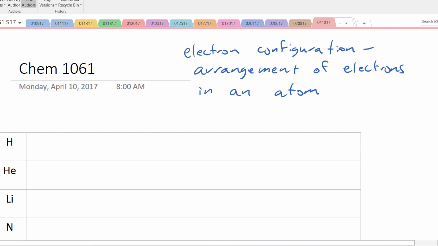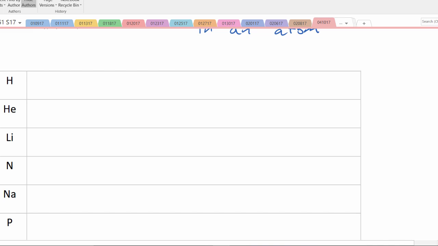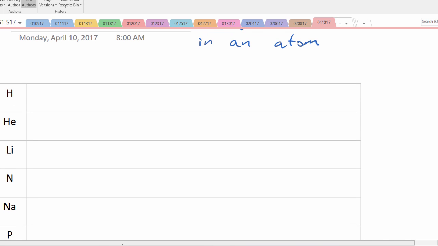And we're going to start by looking at the atomic numbers for each one of these. So we'll start with hydrogen. What is the atomic number for hydrogen? It's 1. So we'd say Z is equal to 1 in this case. Which means it contains how many electrons? 1 electron. And we write its electron configuration as